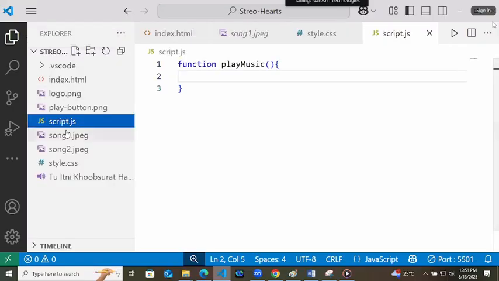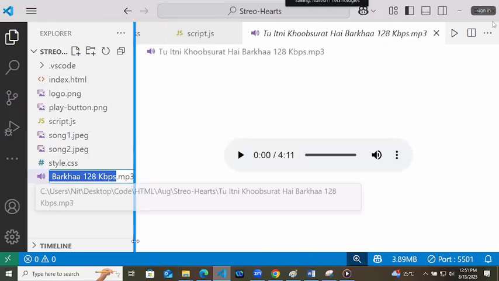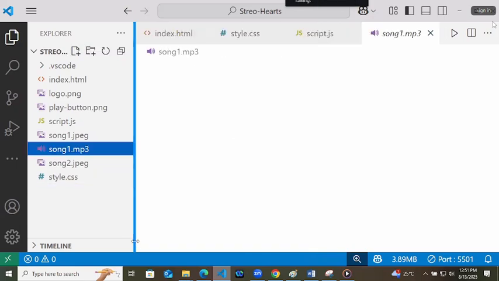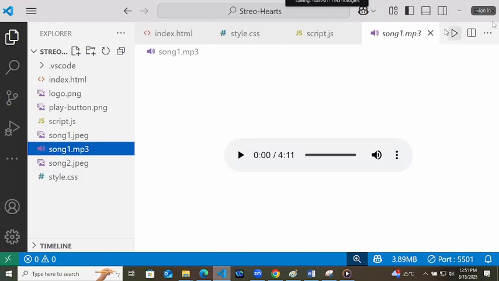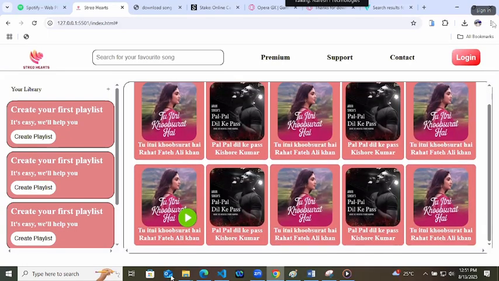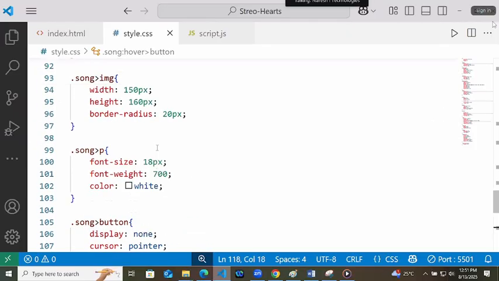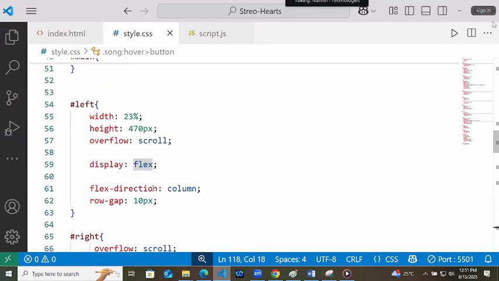Here we have one song by the name song1.mp3. So what I will do, there is a lot more to discuss. Here we have to give the height and width of left and right as 400 only.